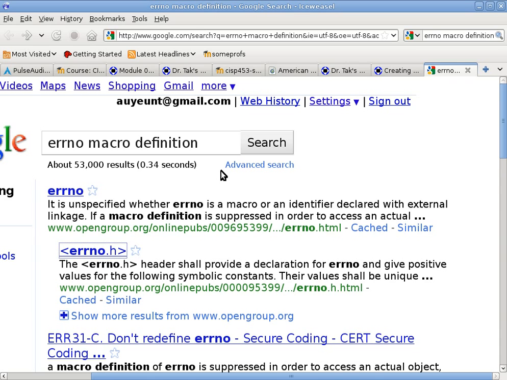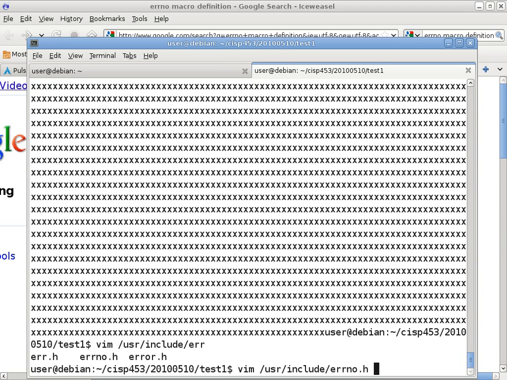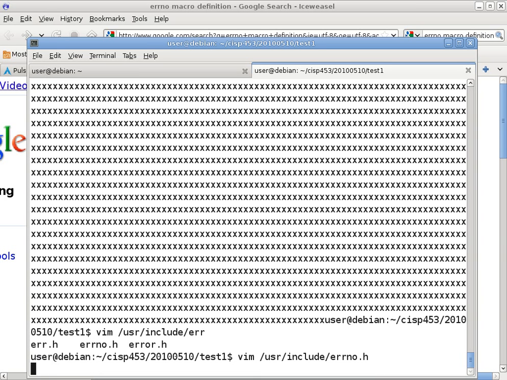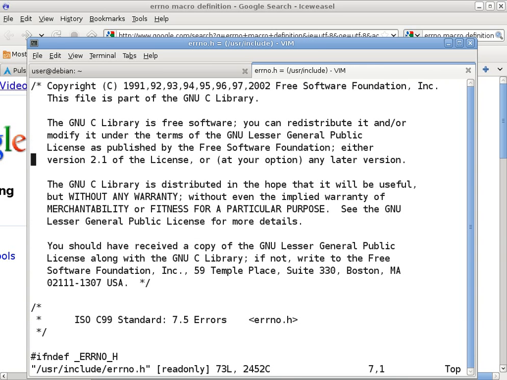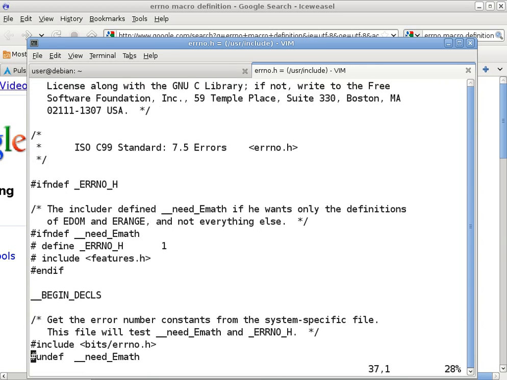You can also just look at the source code of errno.h and find out exactly how it is expanded. It's a little bit beyond the scope of this class, but we'll go ahead and do it anyway. It's probably just going to include another header file from here. You just have to track it down.